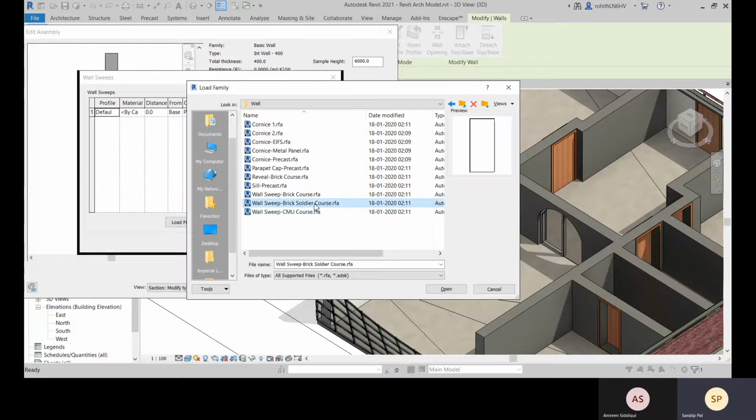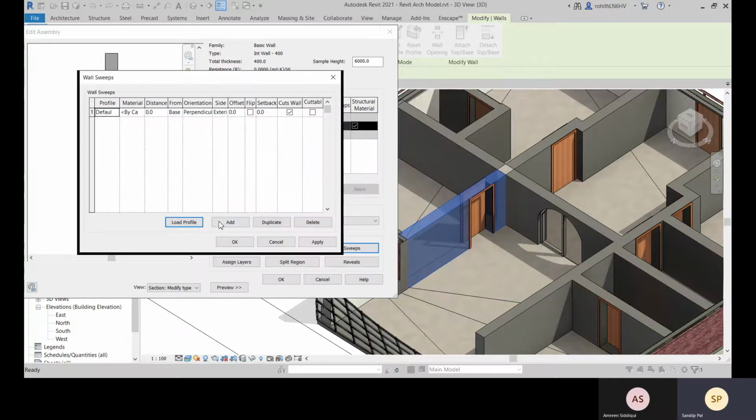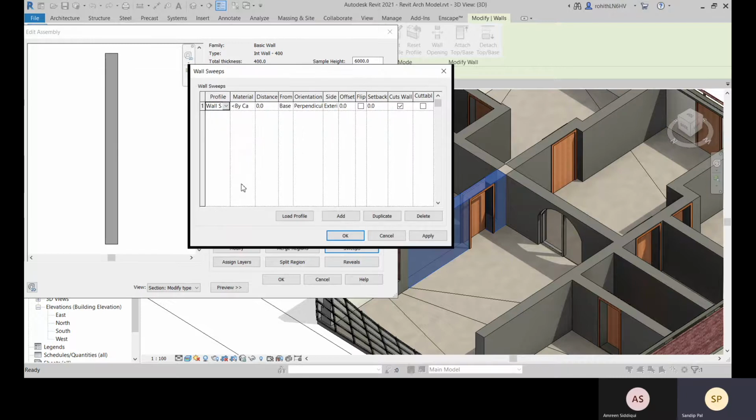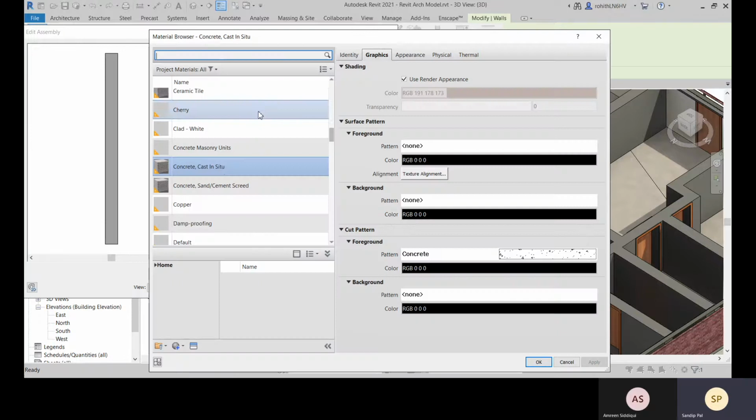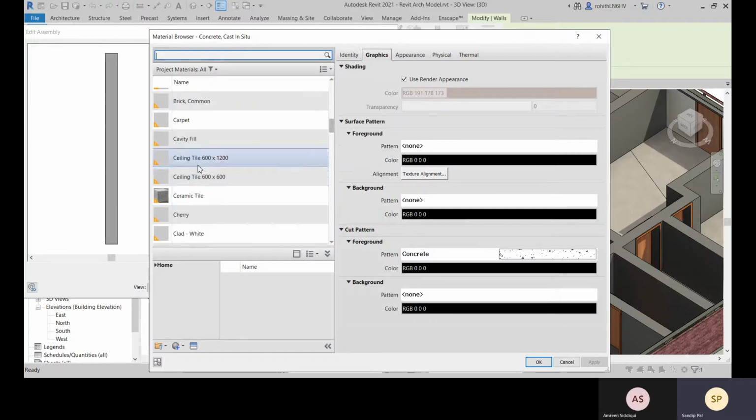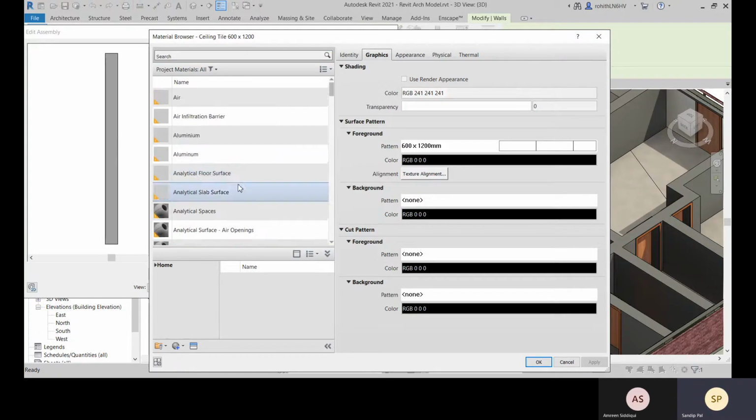Okay, so let me choose this one and click on open and go to this again, and there you can see this is available. Okay, and now you can apply the material over there. What will be the material? So like you can apply this.